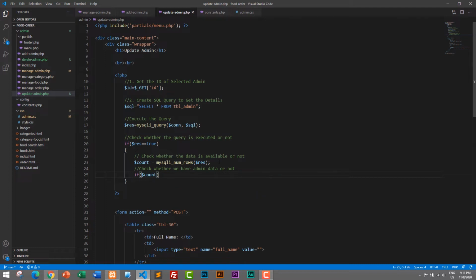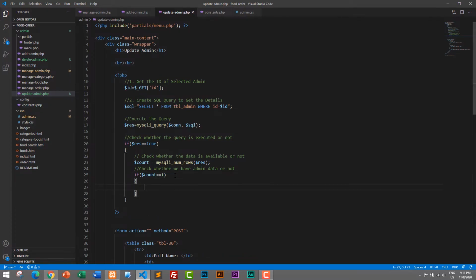$count is greater than 0, or let's say here I forgot to add the where keyword. Here we need to pass where keyword as well, because we are getting the detail of a specific admin. So we need to check with where keyword, where id is equals to $id. That's it. So this is our SQL query. And here, since we are getting the value of one single id or one single admin, this count must be 1. So if $count is equals to 1, then only we will get the details, else